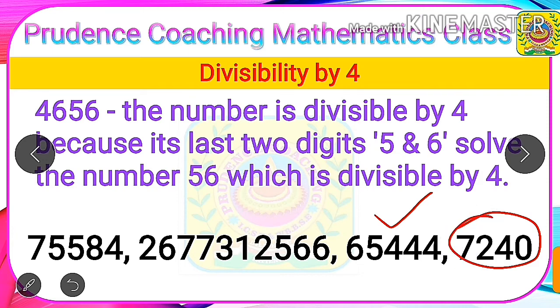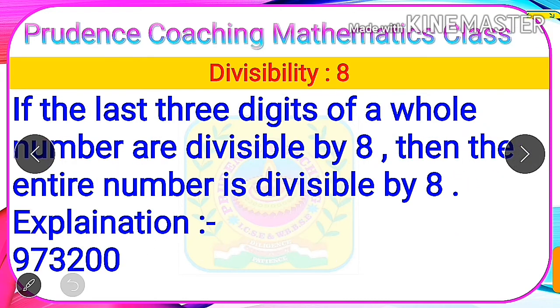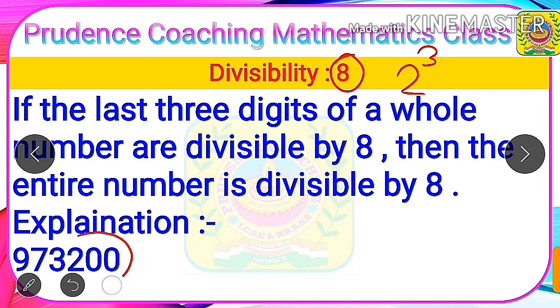Let us move on to the next divisibility. Next, we are going to check the divisibility of 8. We can write 8 as 2 to the power 3. So we will check here the last 3 digits. We will check whether the last 3 digits are divisible by 8 or not. If the last 3 digit number of the given number is divisible by 8, then the complete number is divisible by 8. So here we are given